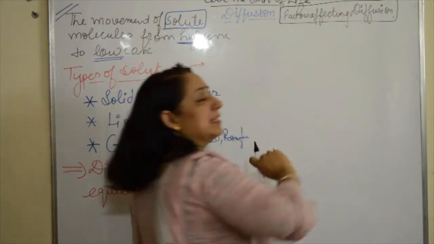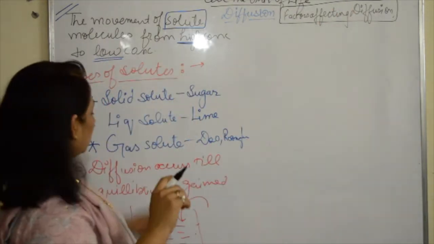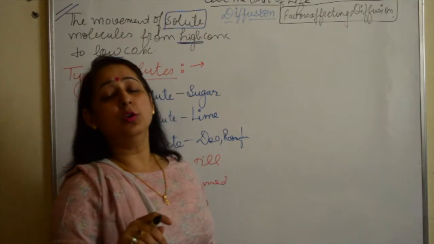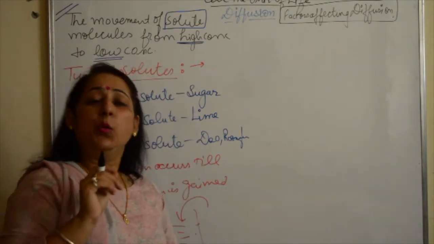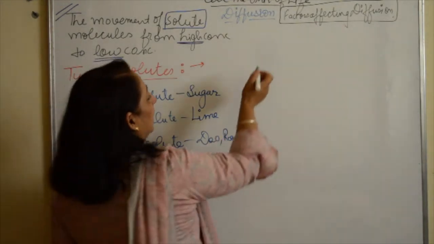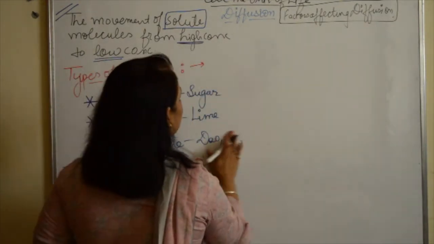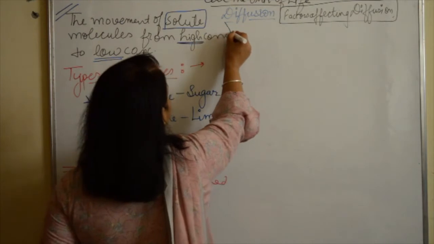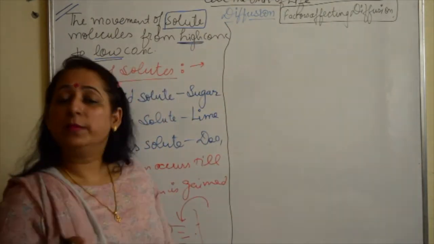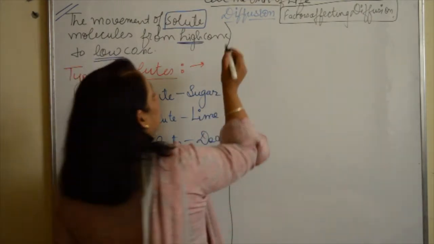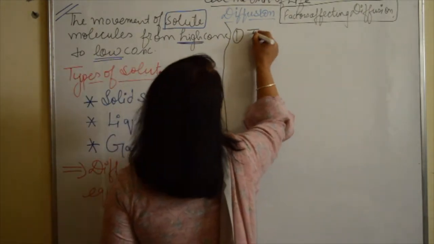This is a new concept. If till grade 10th you have talked about this, but this is something new for you. So, factors which affect the process of diffusion. We'll take up the factors one by one. So the first one is, let's just have some room for this and make a demarcating line. Okay, so the factors which affect the process of diffusion, first and foremost factor is temperature.